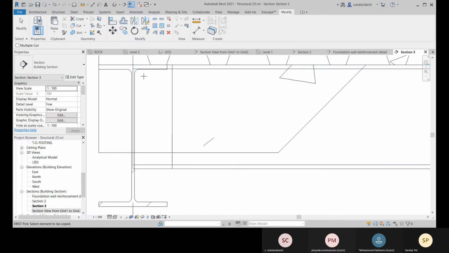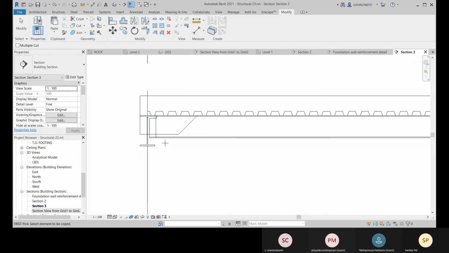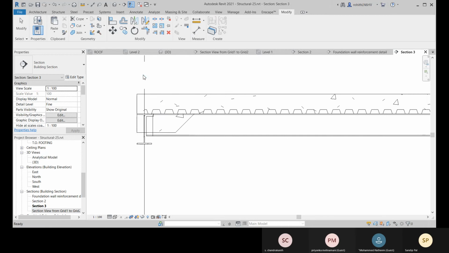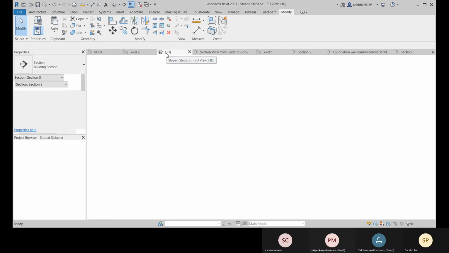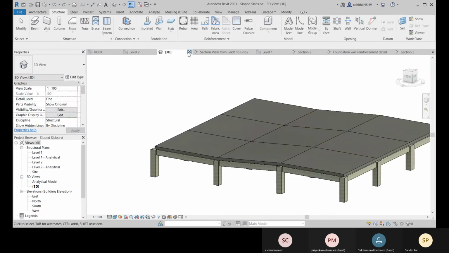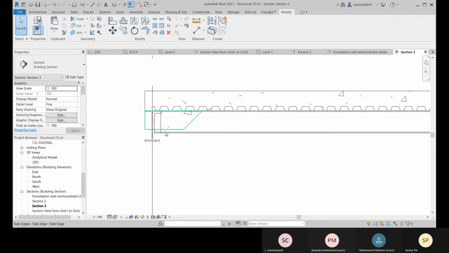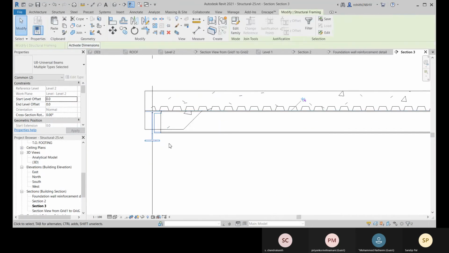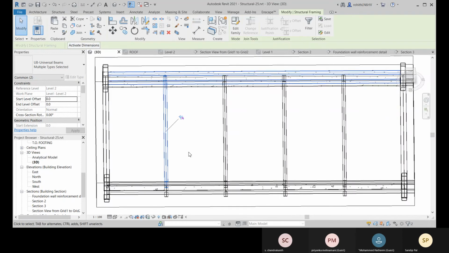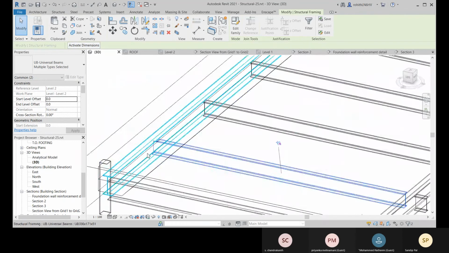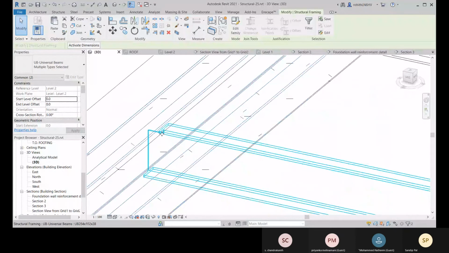There you can see, right? So you select this one first and then you select this one. Now you can see, right? This is perfectly coped. Okay. You can come to this one. You can select these two, this one and these two. This BX, and there you can see, right?